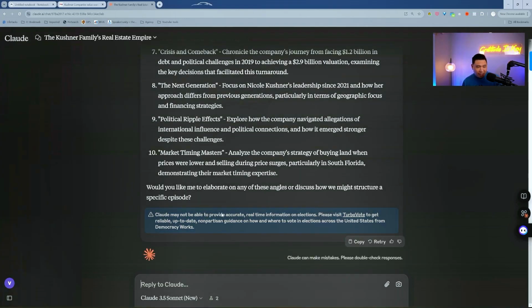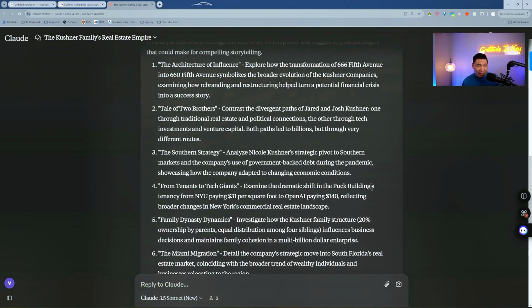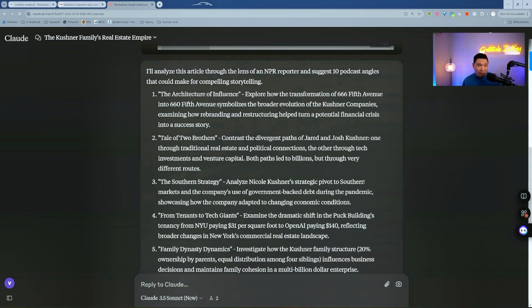Looks like Claude thinks I'm giving real-time information on the elections. The article is not a political article, so I don't know why it thinks that this is a political one. Maybe it saw the name Trump. So let's see here. The Architecture of Influence, The Tales of Two Brothers,